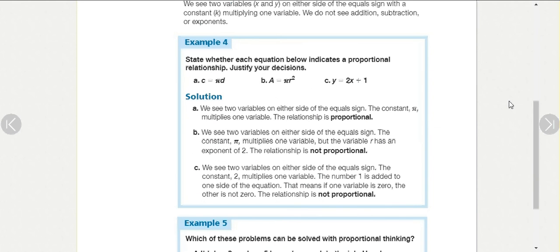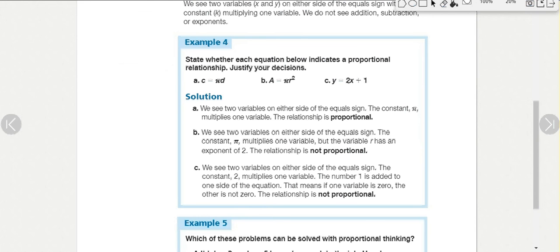State whether each equation below indicates proportional relationship or if it's non-proportional, and justify. Remember what we said, the rules for these is you're going to have 2 variables and 1 known. In letter A, letter A here,